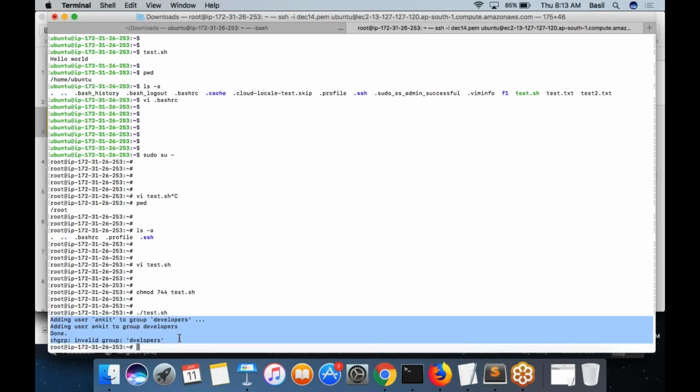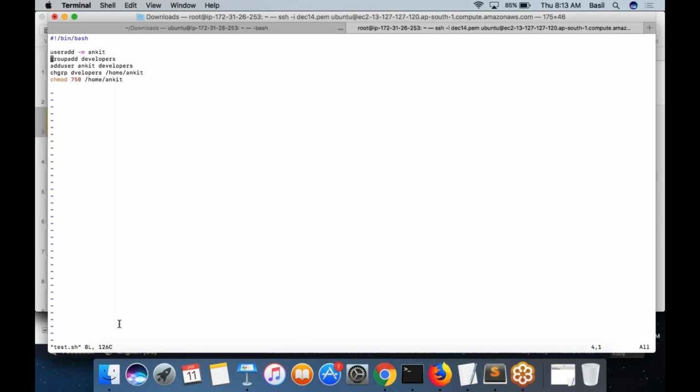If you do not want to see it, you have the option to send the output to a null device, which I will show you how to do. Otherwise, whatever commands are being executed inside the script, the output would be printed onto your shell. So if you don't want that, for example adduser has some output, but I don't want to see that, you can send such output to a null device.